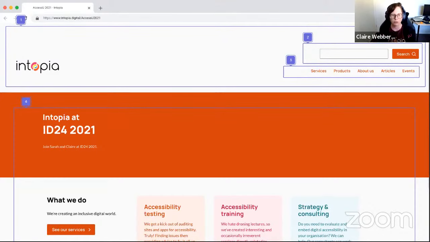So number 1 here, we've done an outline around the top of the page to indicate that the landmark type here will be a header. Nested within that, we have number 2 and 3. We've documented a search region and a navigation region. Because of the navigation region, we think there'll be a few on the page. We've added a label for this one. We've named it site. And then following that, we have the main region with all the main content of the page. This way, we've communicated the intent of our design, made it really clear, and now someone can take this away and mark it up successfully so that it will be accessible.